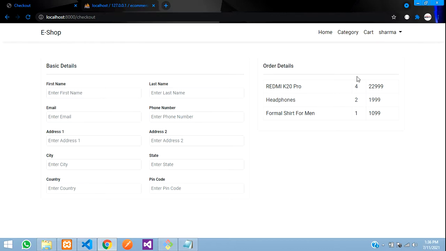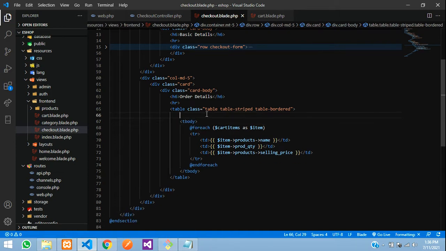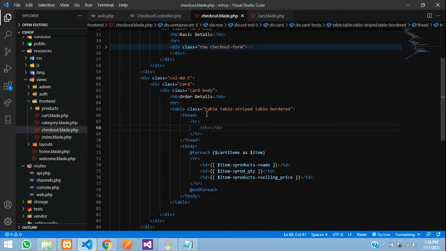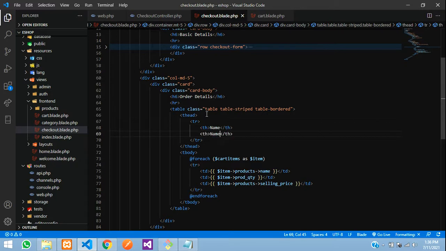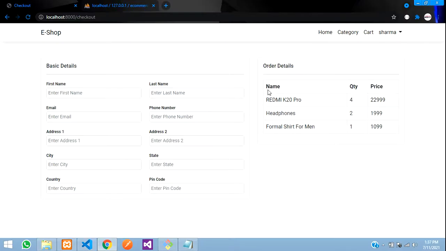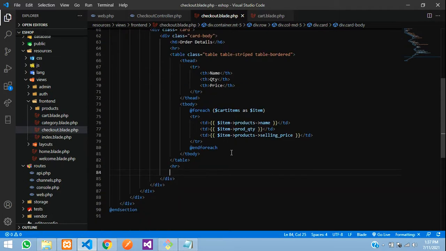And we will just add the header also, so it's clear what are these things. Before the tbody, that's the thead, table row, table heading. It's going to be the name, QTY, and the price. Refresh, and it's clear. So here we will add the one horizontal row and the place order button over here. So after the table body, after the table itself, we'll say HR and create a button over here,